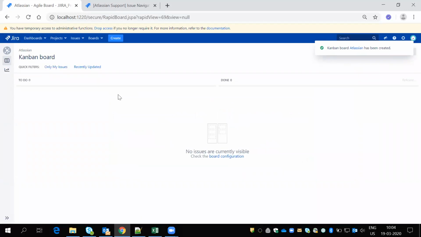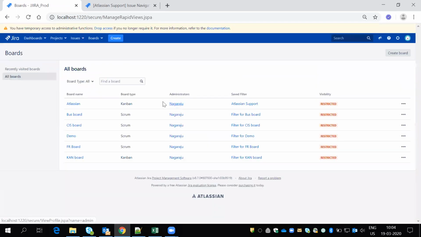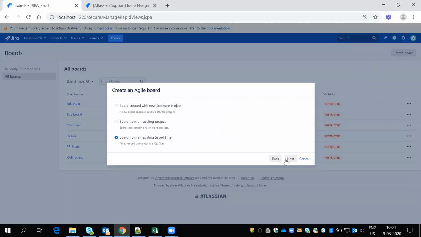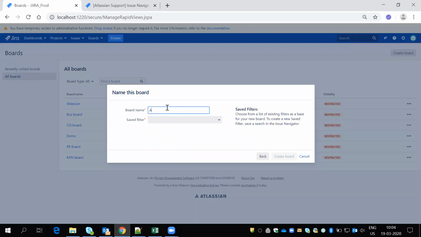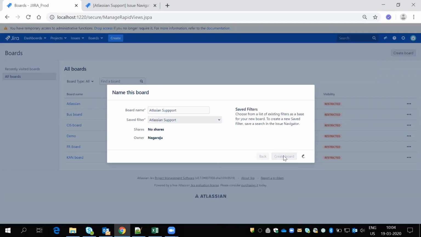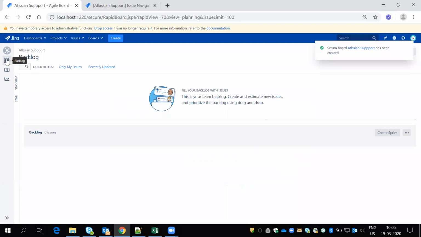Once you create this board, it will be created like this. And you can create two boards from the same filter as well. So I'll create board, select Scrum, select board from existing filter, select Atlassian support, create. See, once I create, this board will be created even though there is no project here.